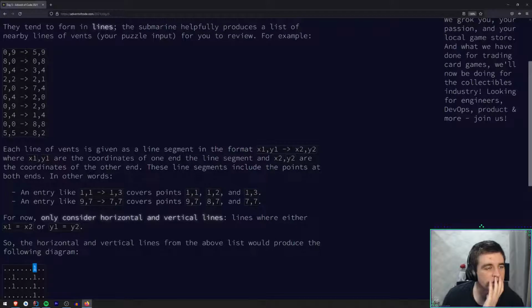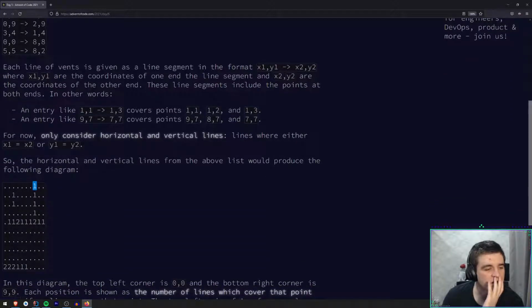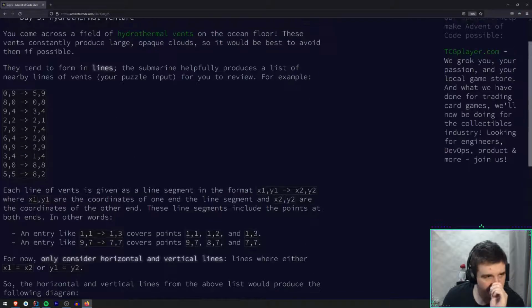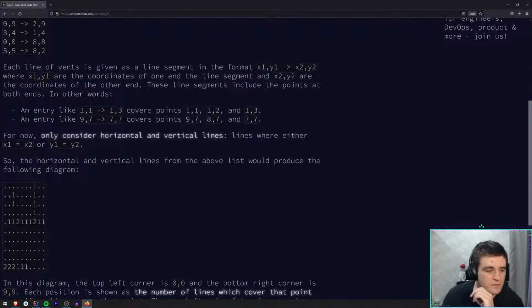X is 0, Y is 9. 0, 1, 2, 3, 4, 5, 6, 7, 8, 9. Okay, yes, that one. To 5,9. So it's just a horizontal line going to X is 5. 0, 1, 2, 3, 4, 5. Okay, I can see that, but